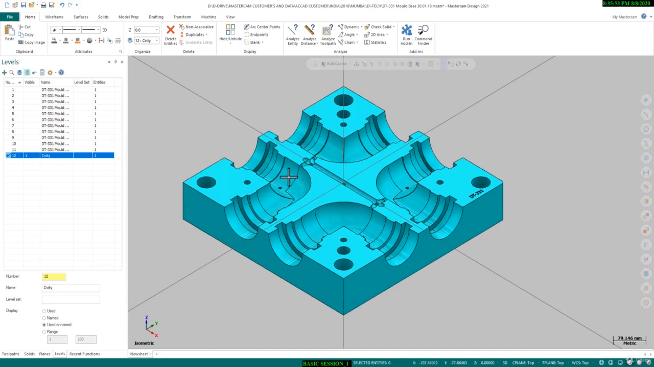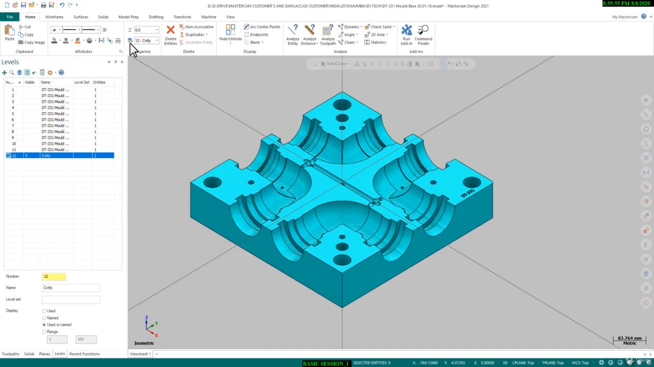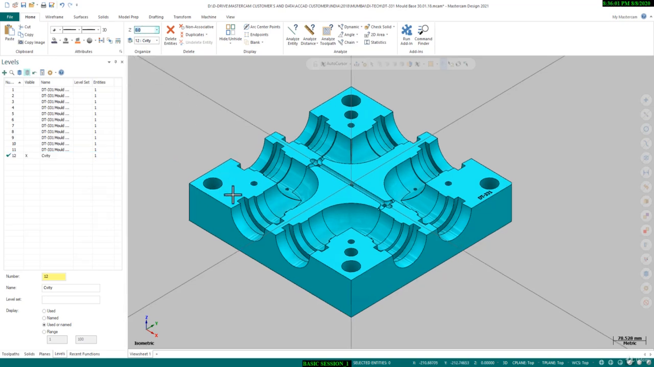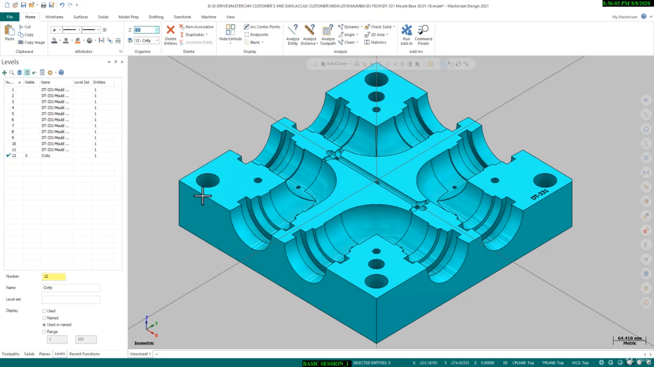Okay, so the next option here, you can see Z0. This option is also very useful. Suppose you have to create a curve from this face, so simply you can create that. But if the Z is 0, then your curve will be created on this face, but we need it 5 mm offset from this face. So simply you can click here, 5 mm offset from Z,